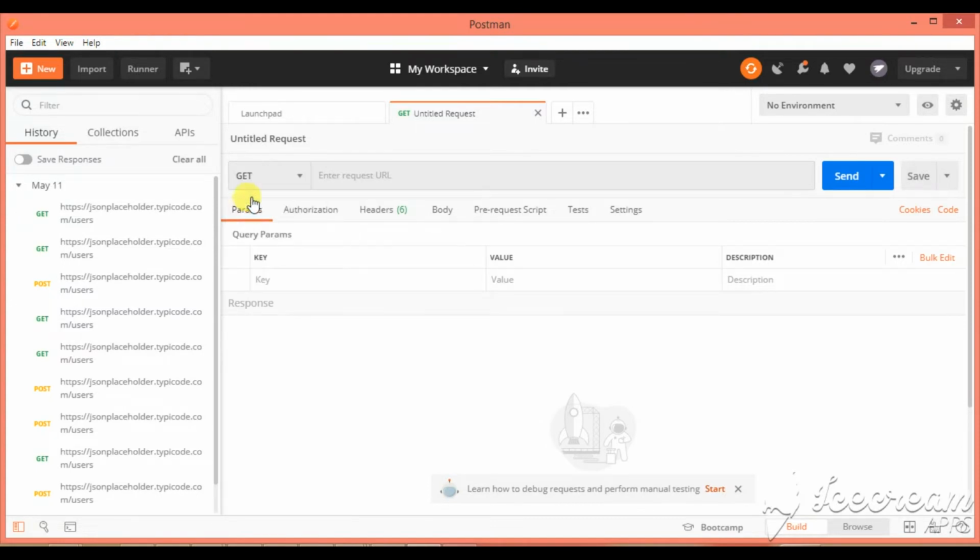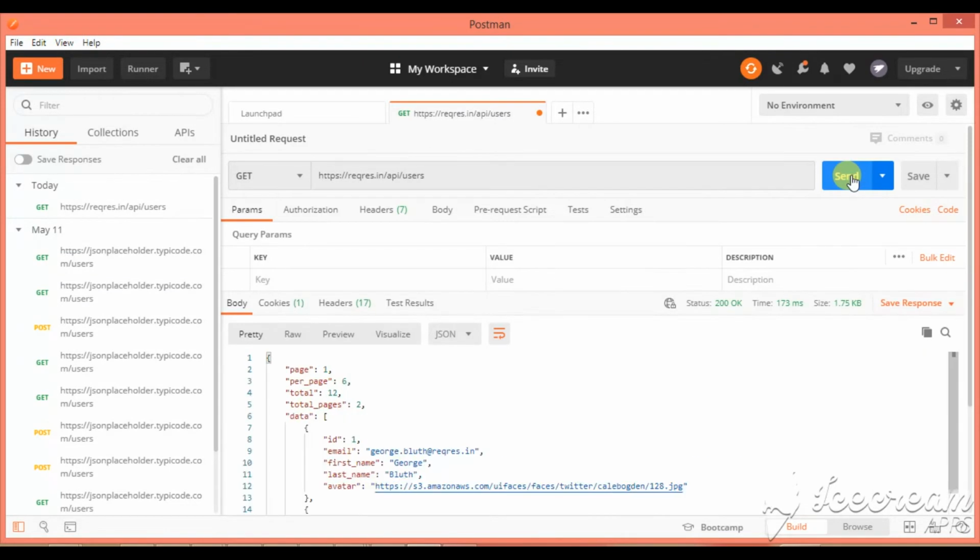Now coming to get request, I will do a get request with a link. So this is my input link which is having a get request. Now if I click on send, the request has been sent and it has got me a result. So you can see the body.